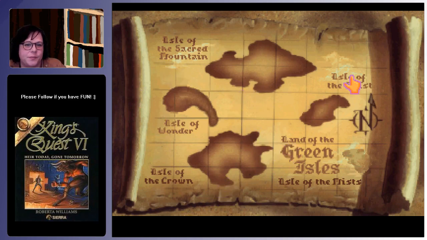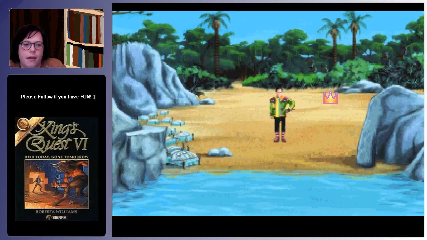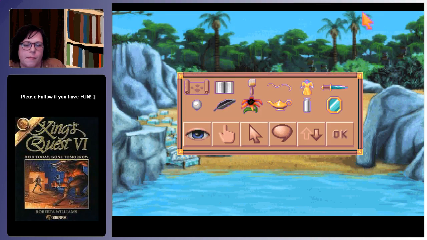It's great. So, we already did Isle of the Sacred Mountain, so that's completed. And we have a bunch of stuff on Isle of Wonder, which is one of the first islands we could actually get something done on, so it's very disheartening. I don't know. I don't know if anything I have would work anywhere. That's the other issue. Like, not being able to carry...